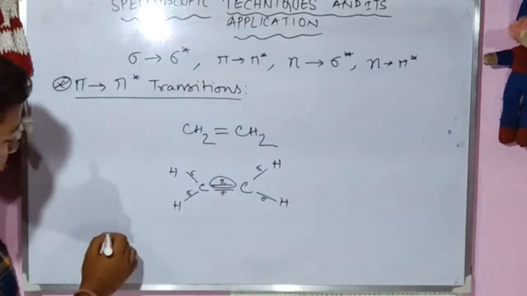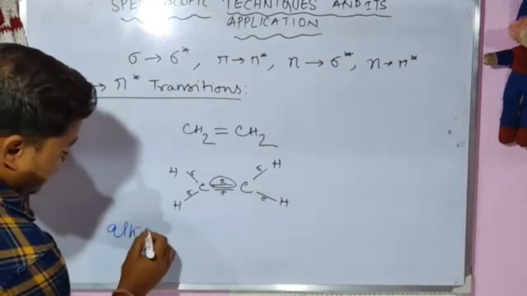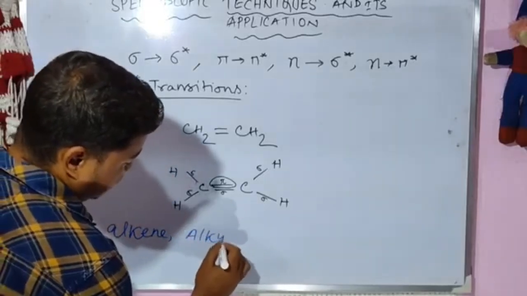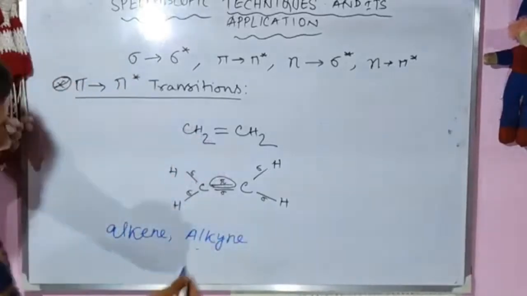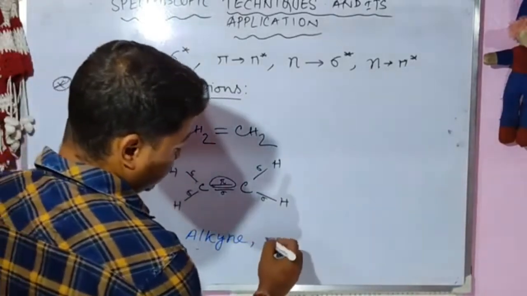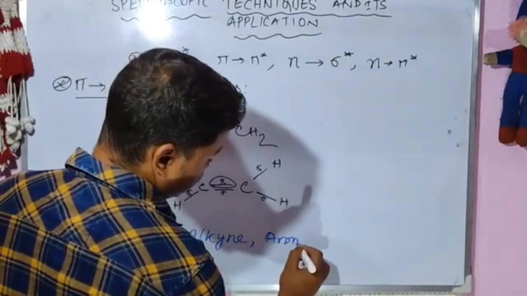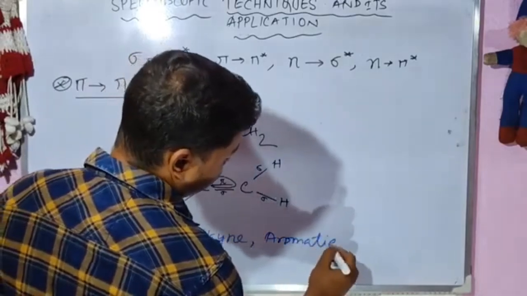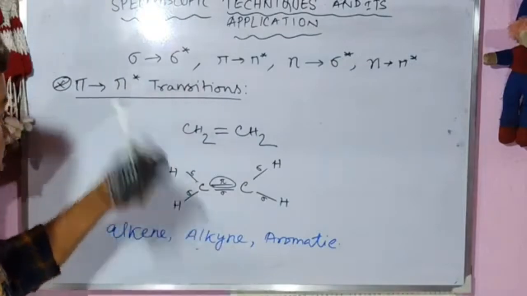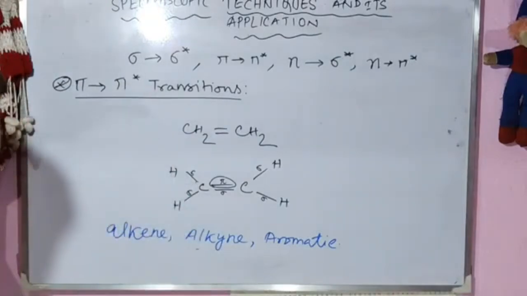For example, alkene and alkyne, these two are unsaturated hydrocarbons, and aromatic rings. In molecules having an aromatic ring present, pi to pi star transitions also occur. Okay. Next is